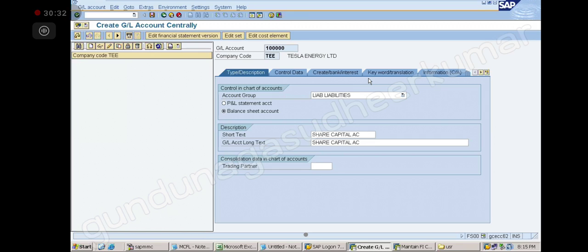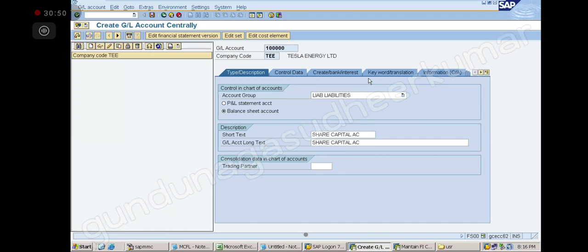At least the first two or three times you have to write it down. Next time you don't have to. When I create one GL account the first time, you note it down. If I am creating 100 GL accounts continuously, you don't have to write everything every time. You just understand and do it.